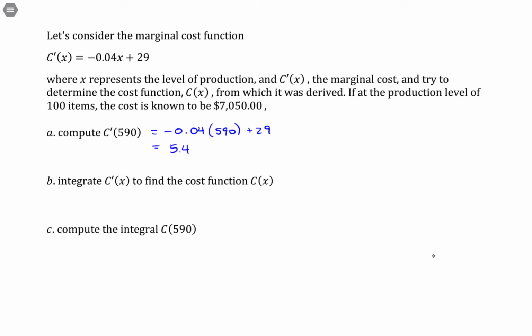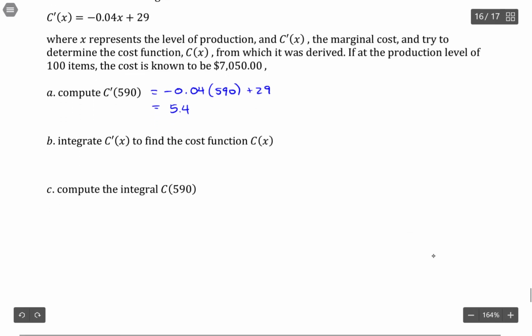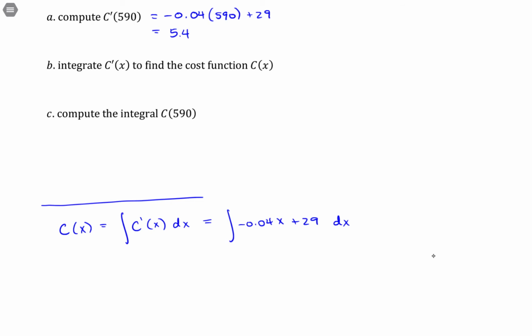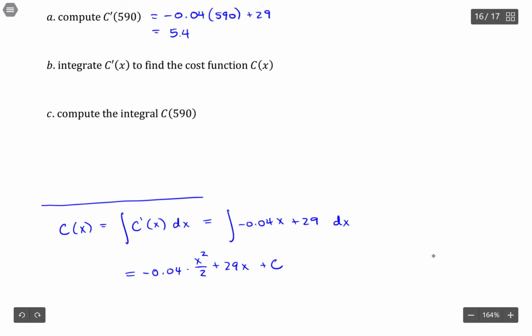Integrate C prime of x to find the cost function C of x. All right, I think I'll come up to the side and do that. So what we're saying is C of x is the antiderivative of C prime of x. Sorry. So what we are doing is taking the antiderivative of C prime, which is negative 0.04x plus 29 dx. So when I find that antiderivative, it would be negative 0.04 times x squared over 2 plus 29x plus,